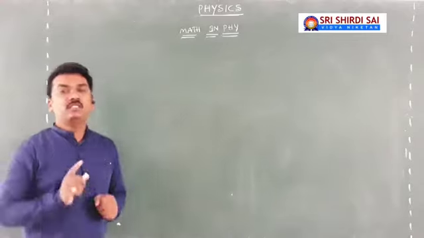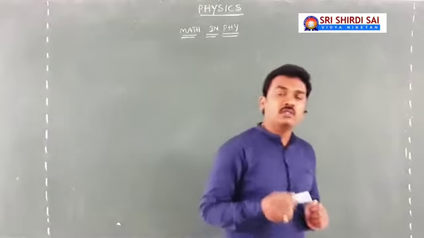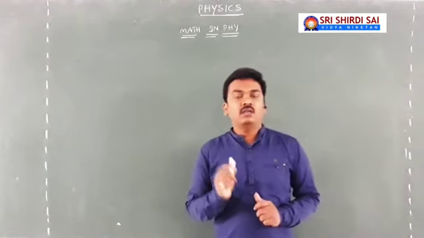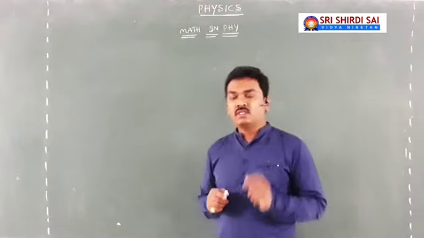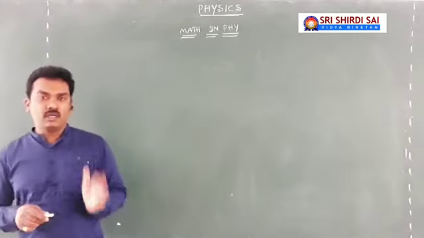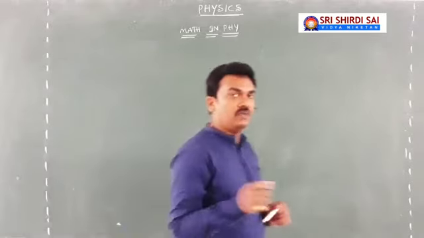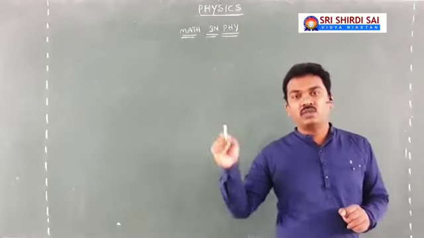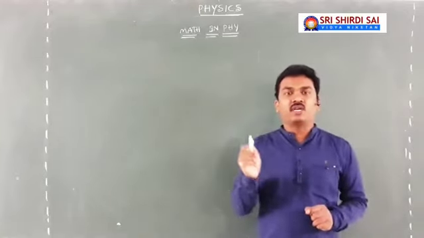Yes, so we have seen till now the graph and the calculation of the slope of a graph. If the graph is a straight line, then its slope is always constant at every point on that line, which is given by the formula m equal to tan theta. If the graph is a curve, then we differentiate that mathematical equation with respect to the variable. As y is a function of x, you differentiate y with respect to x, and dy by dx will give the slope of the graph.